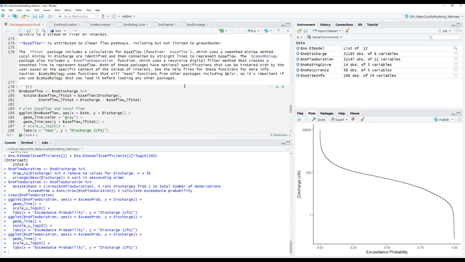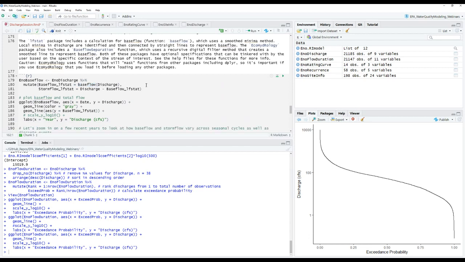Okay, let's get going, and I'll show you here. So in this case, if you don't have the lfstat package working, I might recommend watching along, or if you'd like to try out using ecohydrology, you can substitute in baseflow separation wherever it says baseflow in the code. So two options for you today. If lfstat isn't working, you can calculate it using the recursive digital filter method instead of the local minima method. If not, please feel free to follow along, and then I'm happy to troubleshoot any changes to the code if you'd like to do that after the session.